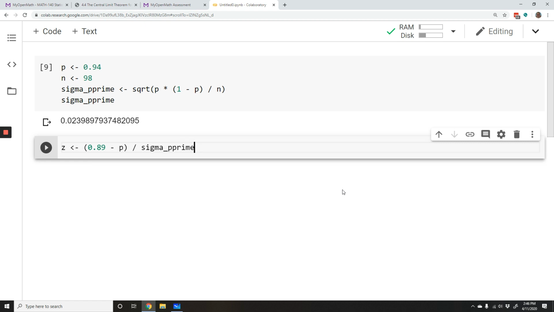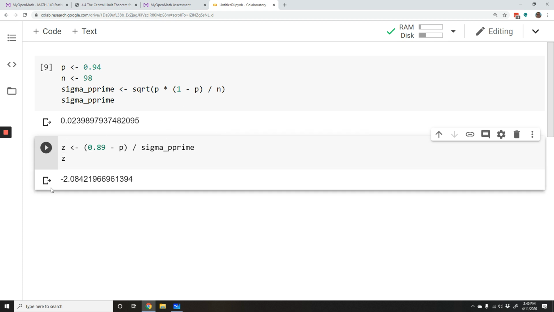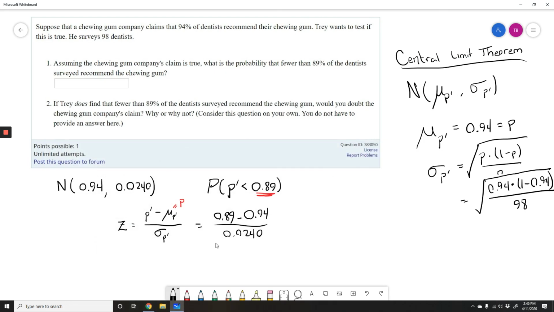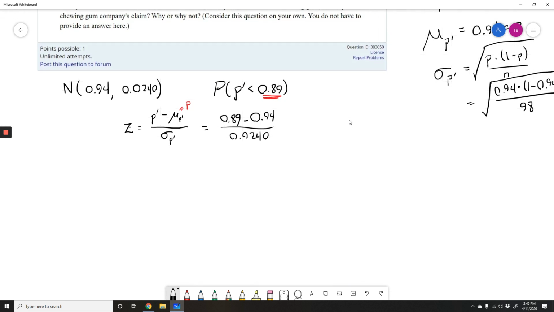Okay? So that means my z is negative 2.08. So now that I have that z, I can find the probability, right? So I want to find, in my case,